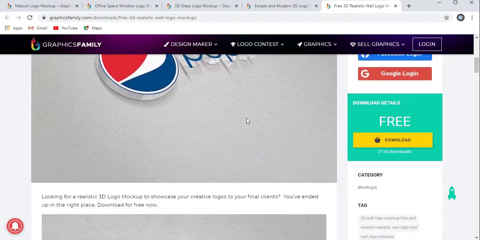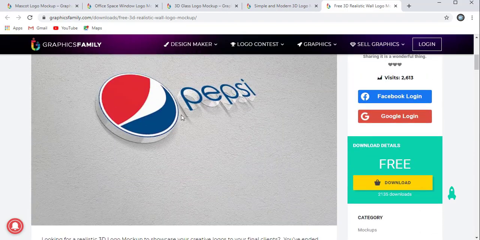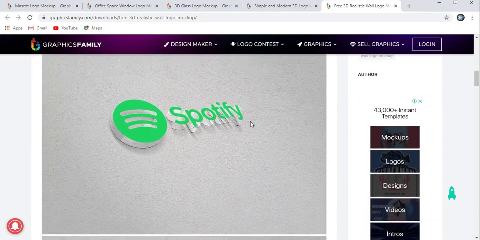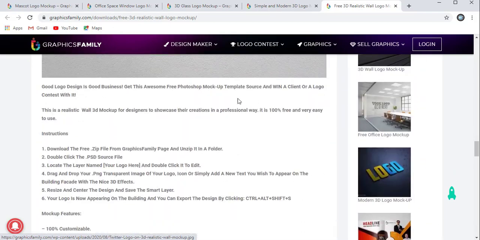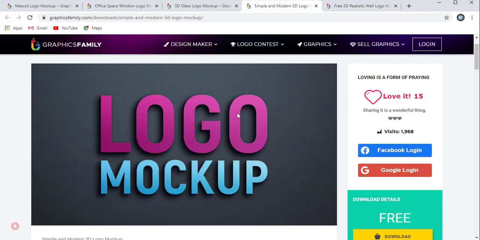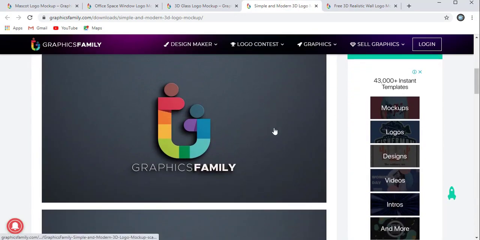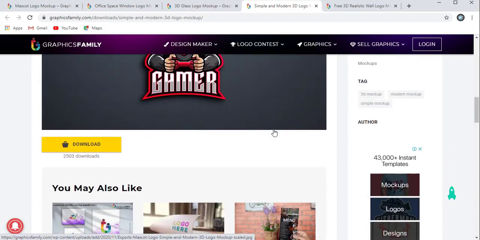Let me scroll the page and you can see different views of the same mockup with different logos. This is another one I already showed you. Here also you can see the different look before you download it.